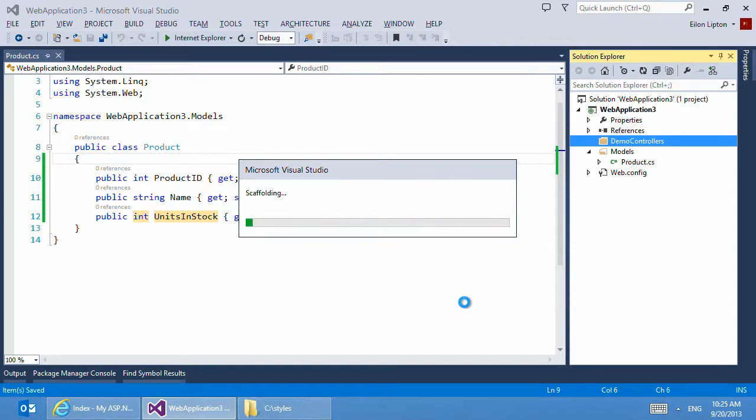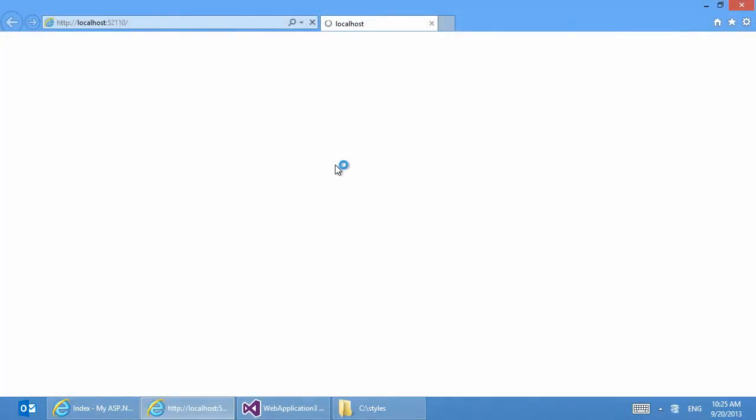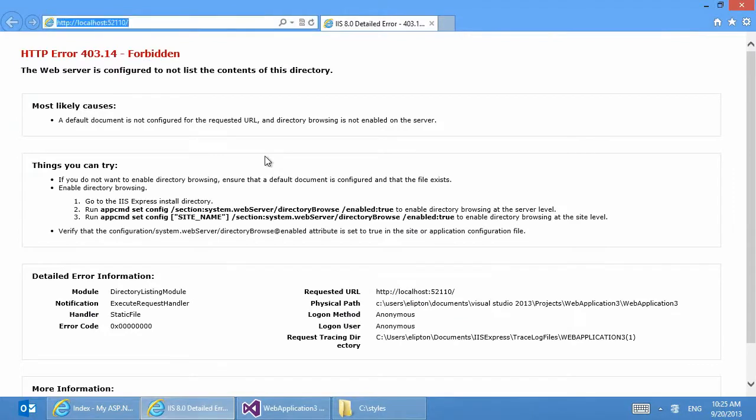And now scaffolding will not only create the controllers and views, it will also add any necessary NuGet packages, such as MVC itself, as well as Bootstrap and other libraries, and create those all in my application with the required folder structure and anything else required. So we see it added all my configuration files, it added Bootstrap, a CSS file, created all the views, and now when we run it, we'll get one expected error because we don't have a home page in this application. But if I navigate to /products,